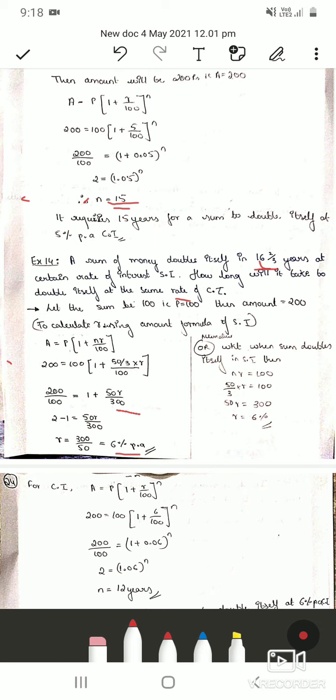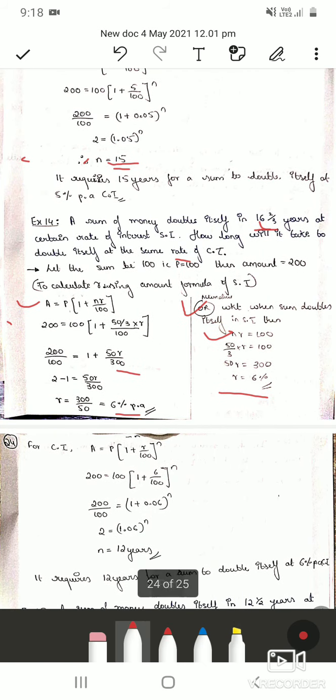So if it is asked for 5 or for 10 marks, you can use the formula of amount and you can show the detailed steps. If asked for less marks, then we know that when the sum doubles itself, then nR equal to 100 in simple interest. We know this note. So in place of n, substitute whatever is given and simplify, you will get R as 6%. So you will get the same answer. So now we got rate as 6% in simple interest.